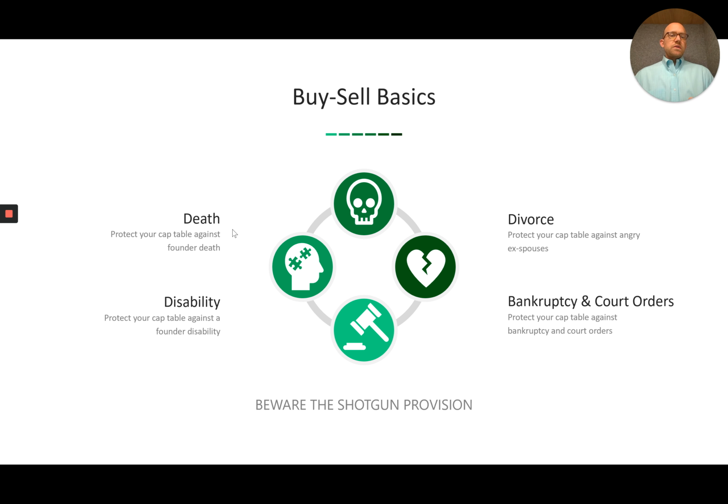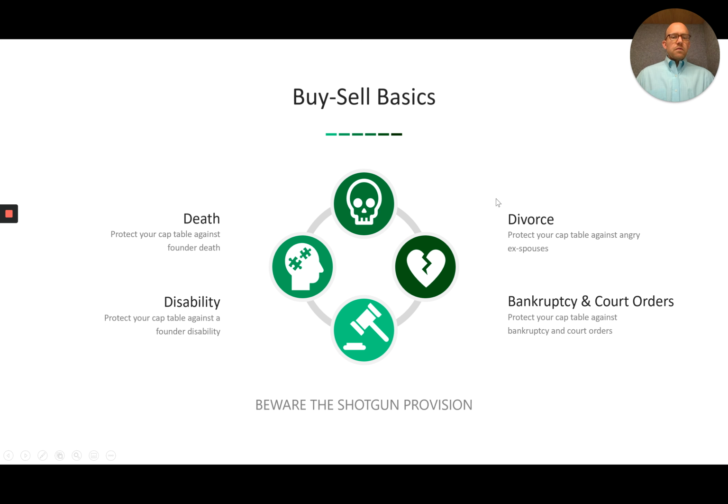So moving on to disability, similar to death, typically what these provisions provide for is if an owner has a long-term disability such that they can no longer participate and be involved in the business, then the business is able to make that election to buy it back. It typically requires at least a physician, if not multiple physicians, opinions that the person is in fact disabled, and those kinds of things. The mechanics are similar to what we described with death.